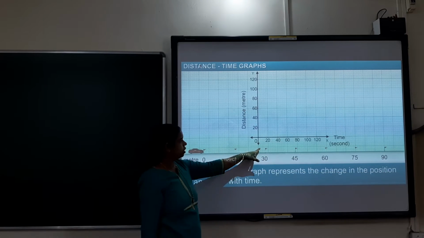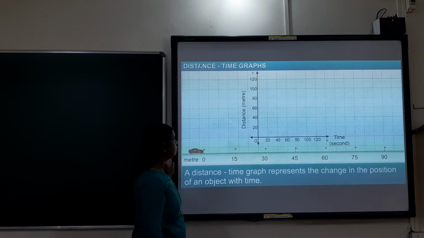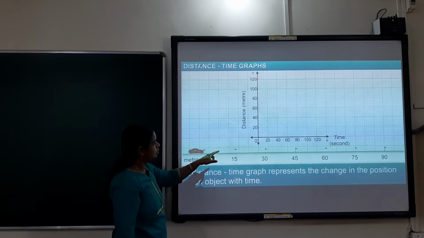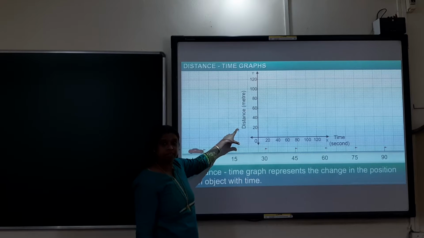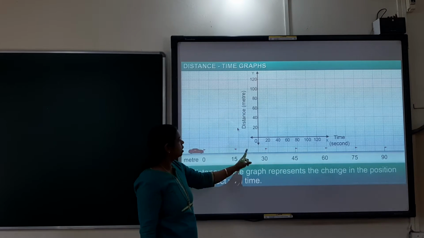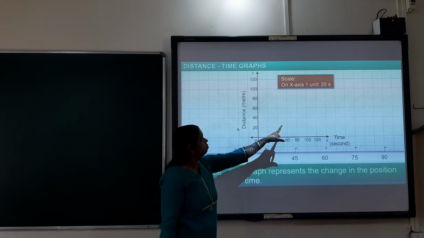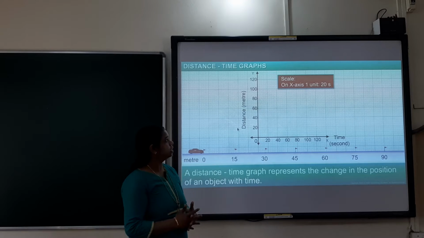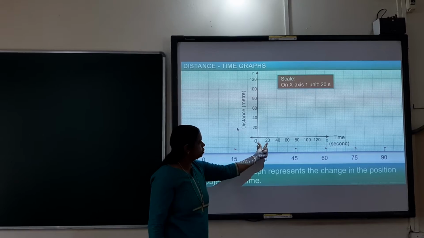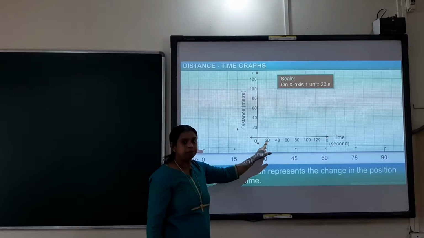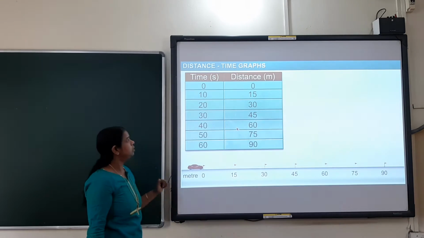We see in the graph paper here, time we have taken on the x-axis and distance on the y-axis. You can take distance on the y-axis. Here distance is in meters, and now the x-axis, on the scale. First, on the x-axis, 1 unit we have taken as 20 seconds. The 1 unit on the x-axis, from here to here, is 1 unit, sometimes 1 centimeter. So 1 unit is equal to 20 seconds.